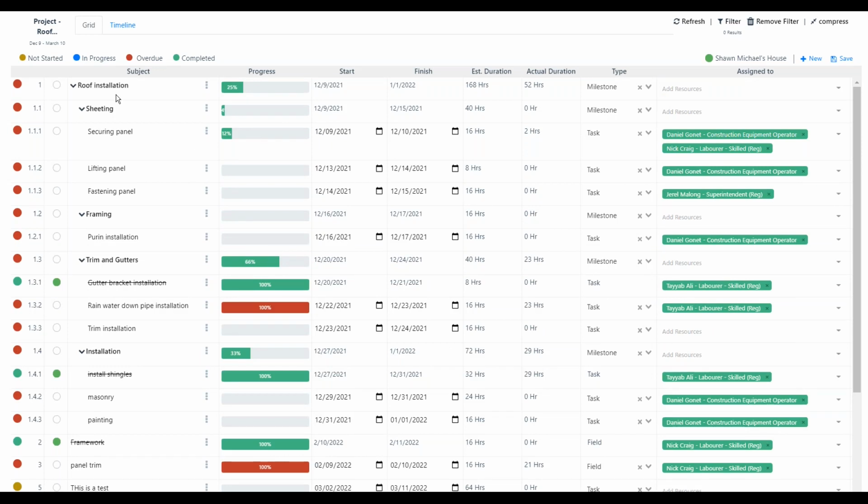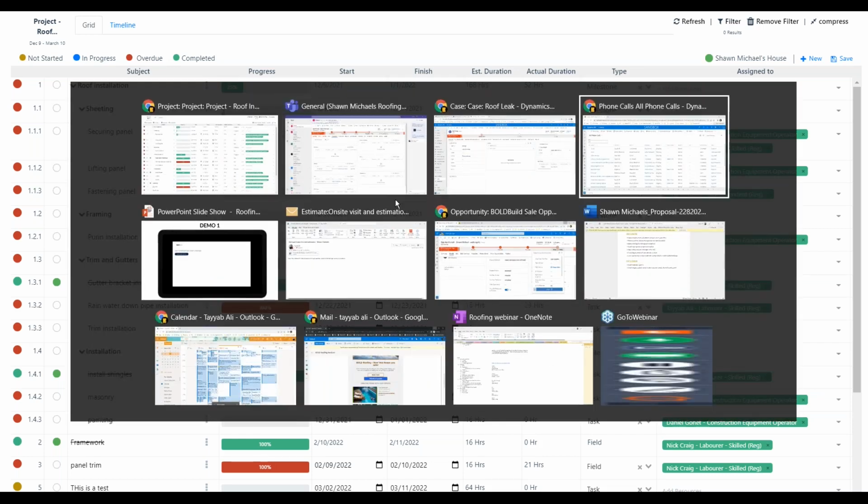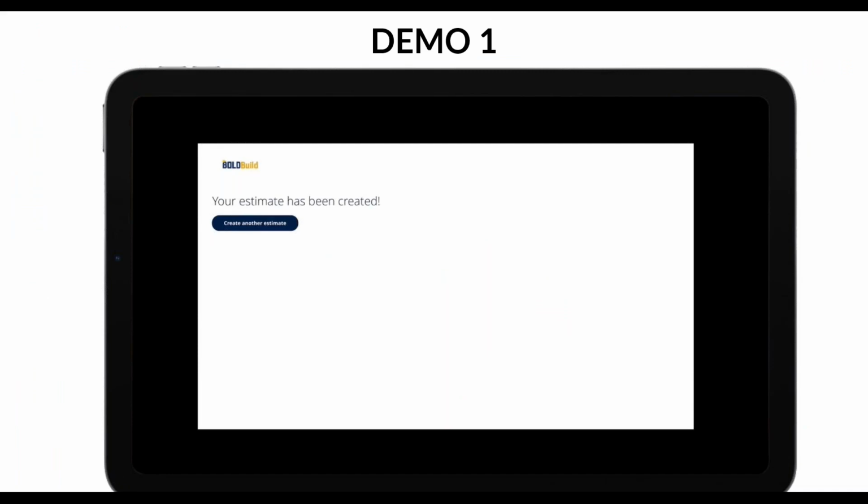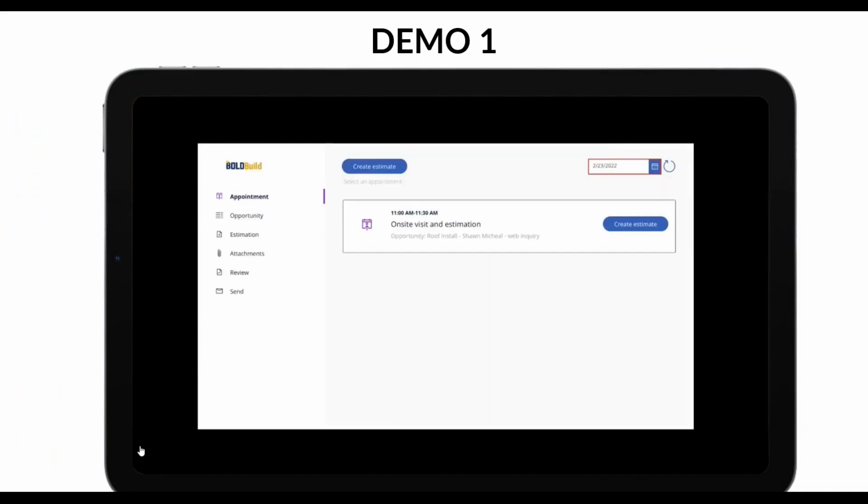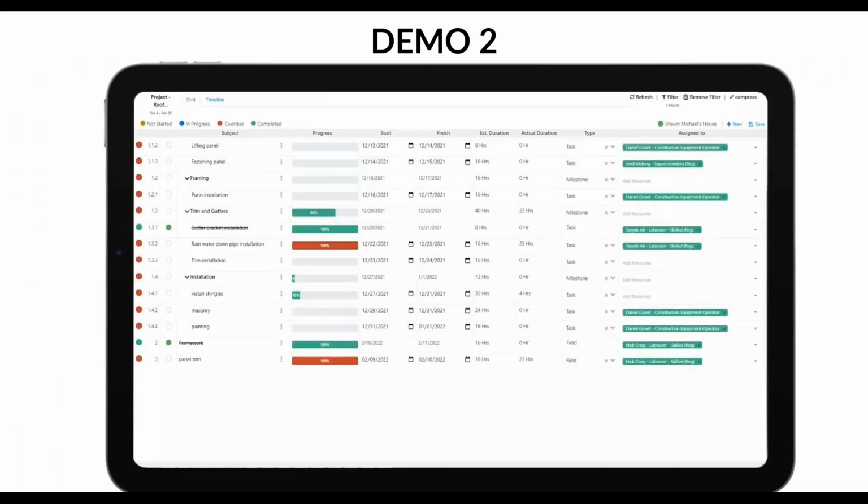What I want to showcase to you next is what the experience is like for the project manager as the project manager works with the person on the field who will actually execute on this project. So the one that I'm going to use is install shingles, and I've assigned it to myself, who is the laborer here. So let me just go back to my video and show you the second video on the task execution. So give me just 1 second here.